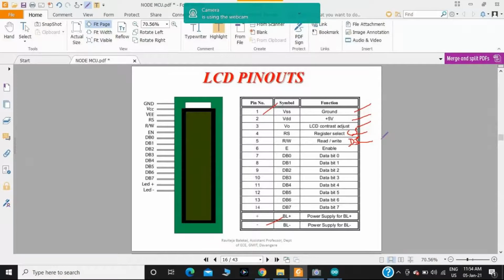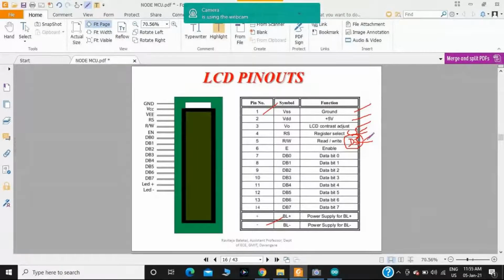You can set the cursor position, scroll the message, or clear the message. For that reason, we use the command register. In order to send data, we have to select the data register. In order to select the command register, the value should be 0. In order to select the data register, you should have a 1.